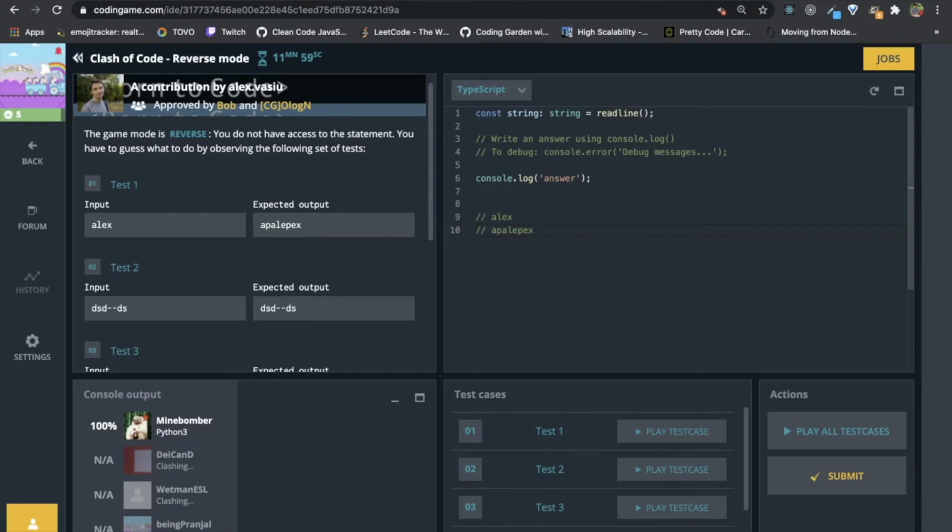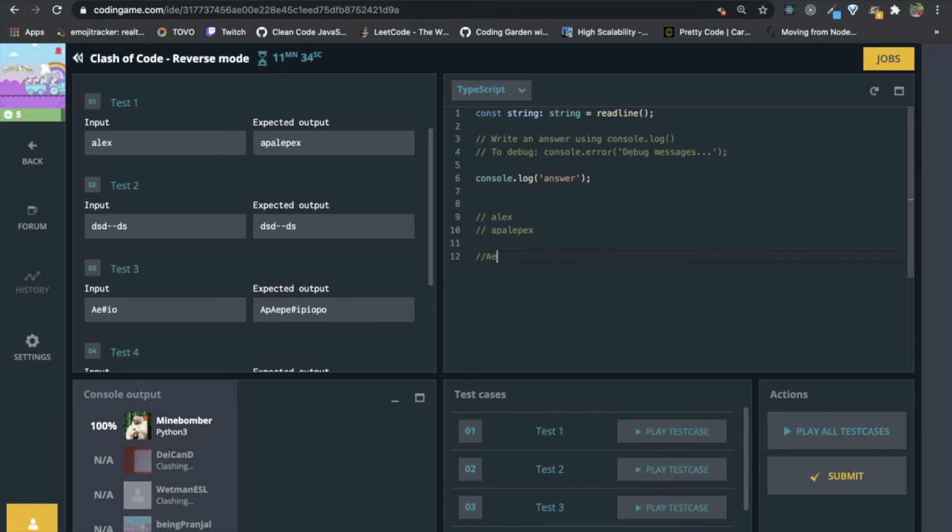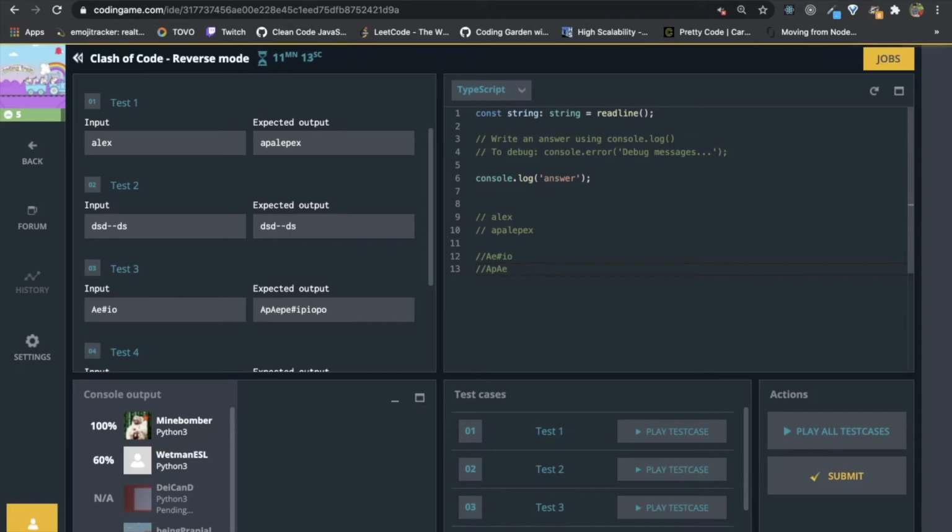So if we append P with a vowel, then AP, then after that we write AL the same, then EP, then EX.